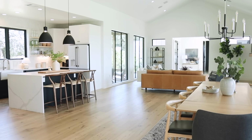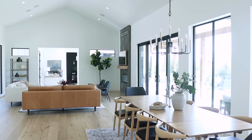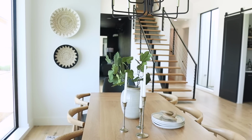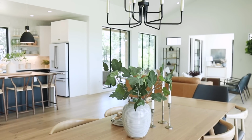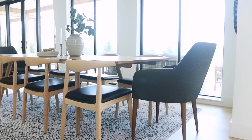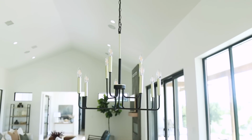Well, let's talk about your dining room. It connects straight to your kitchen. Like you said, it's all open. We love entertaining. We love opening our home up for people to come and just gather and enjoy being together. So having a totally open concept was super important to us. Being able to lay out the table, have a big table to